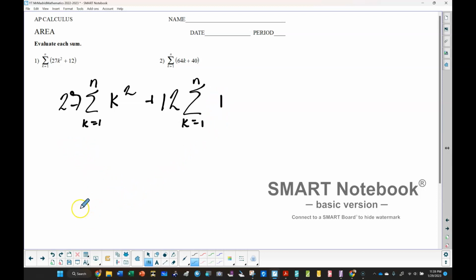What you can do is look at Theorem 4.2 and decide what we're going to do next. You'll notice that this one looks like the first one given in Theorem 4.2, and this one looks like the third. Let's work from left to right. We're told that this summation basically equals,